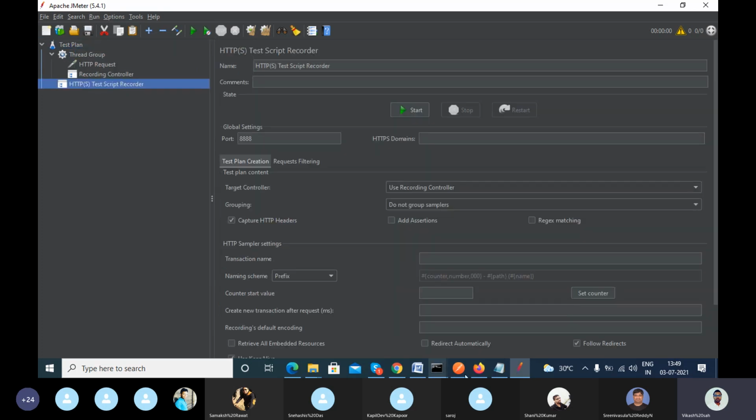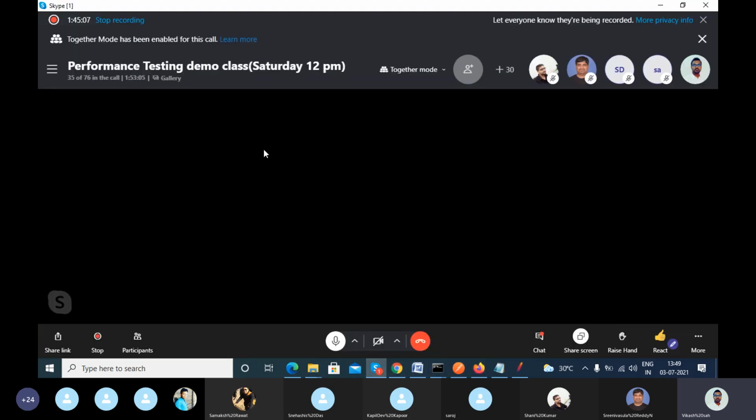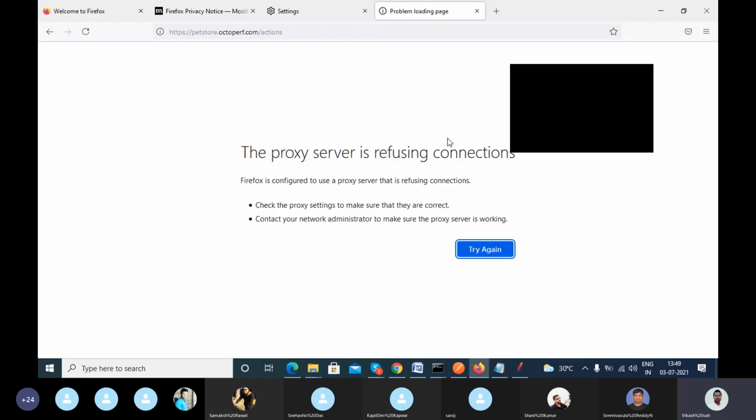And one more thing, guys, if you are doing performance testing, as a prerequisite you also have to install the Firefox browser. Okay, now,